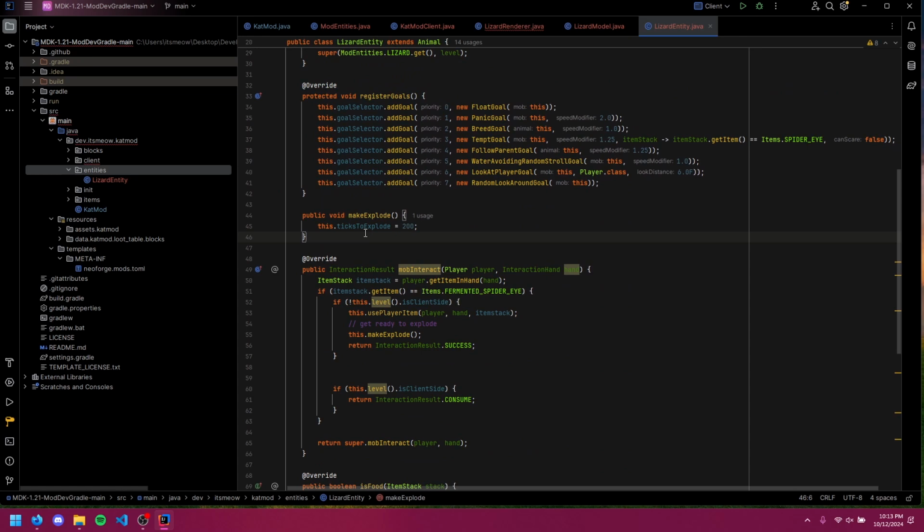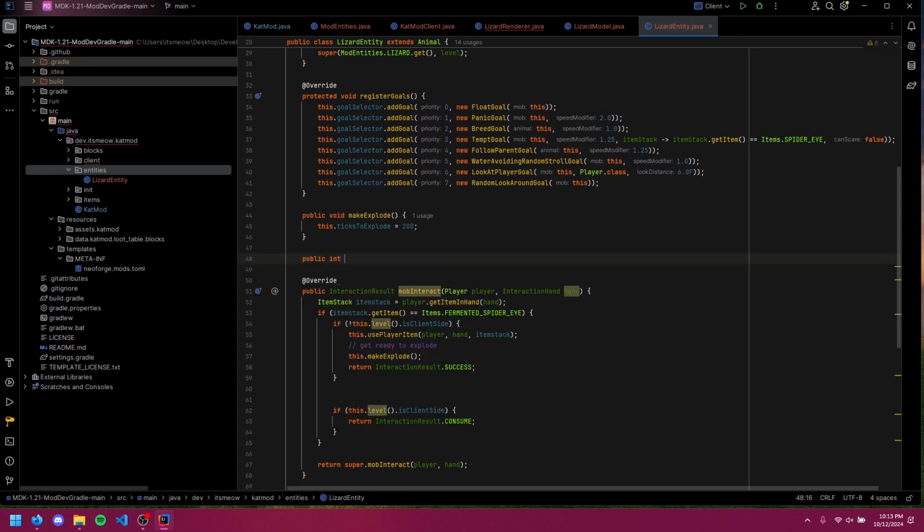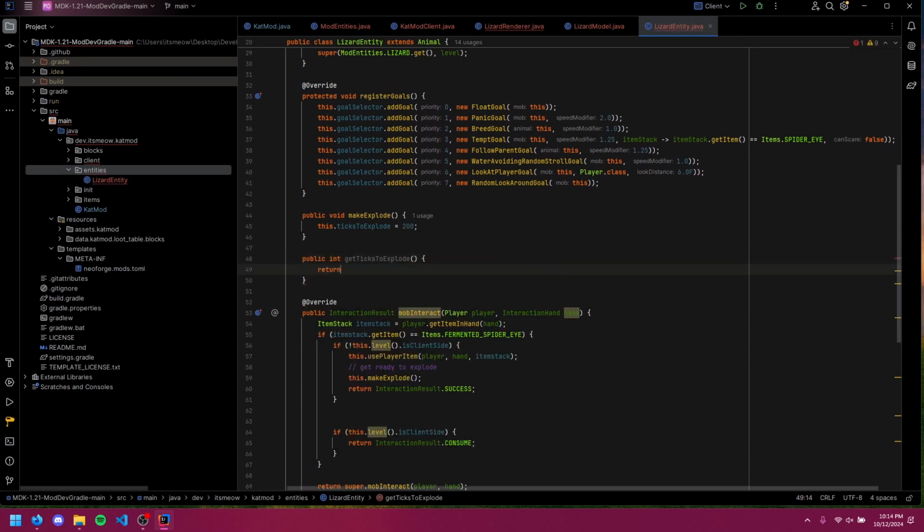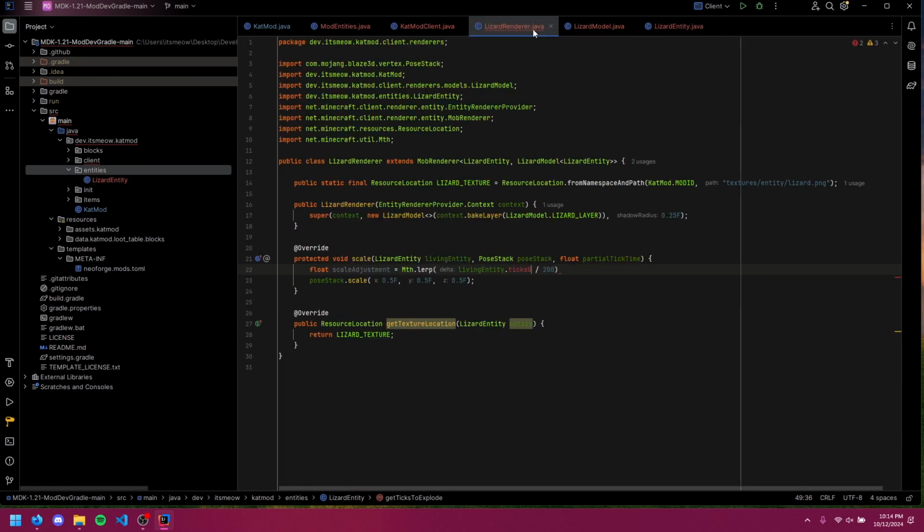I'm going to make a getter. And then our minimum is going to be, how about we say at maximum it can double in size, so it'll be 0.5. So from 0 to 0.5,